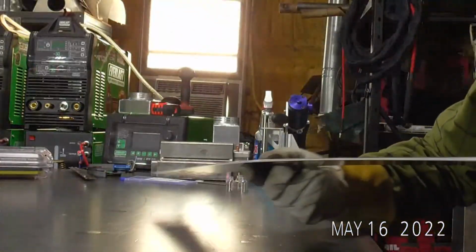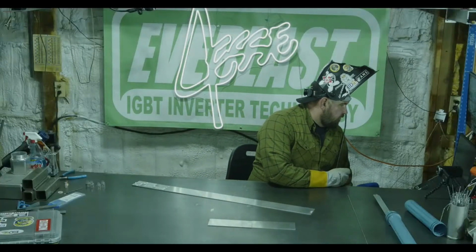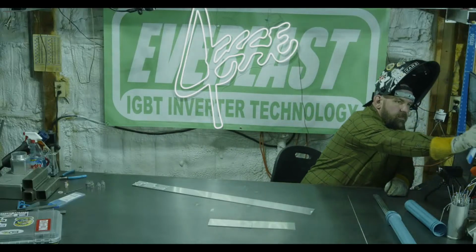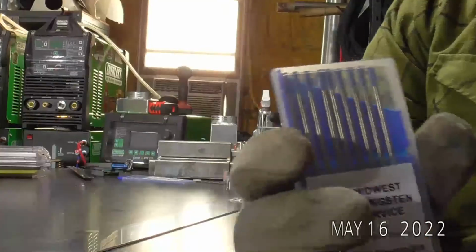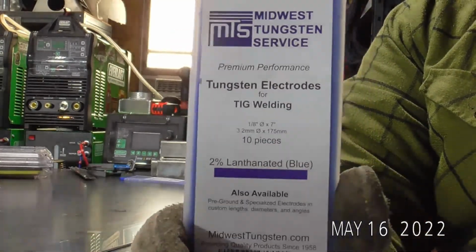So, speaking of gas lens, let's get switched over. What's my go-to tungsten? For aluminum, I run all Midwest, but